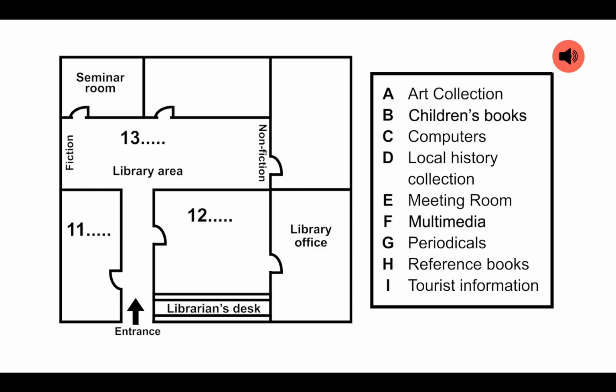To our right is where we used to keep our periodicals, but we have recently transferred our local history collection here. So now you will find historical books about the local area, including books about local flora and fauna. If we continue into the main library area, you'll see the fiction books to the left and the non-fiction books to the right. To the back of the room is the multimedia space. This is where visitors can access videos, DVDs, and CDs. If we continue on,